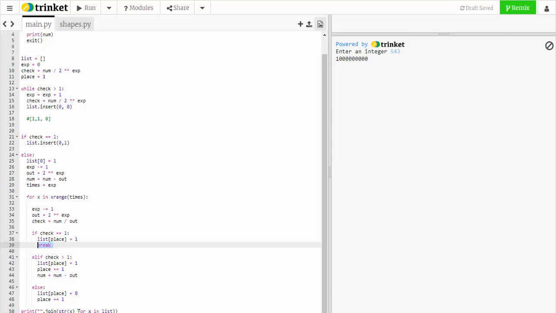So it's going to go down to the print statement. And the reason is that anytime that check value is equal to 1, that's going to be the last bit. Because if the number is exactly equal to 2 to some exponent, then whatever remaining value we have is going to be perfectly represented by whatever value of 2 to some power we're on. So in this case,